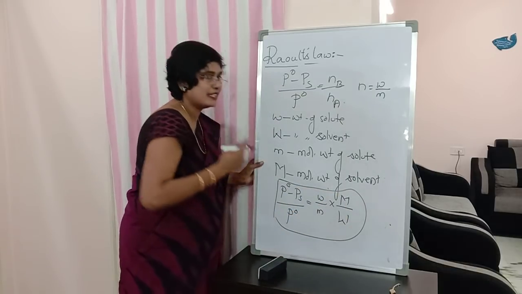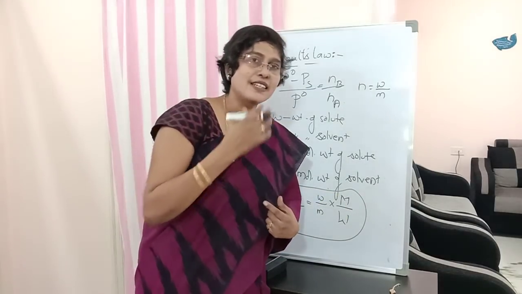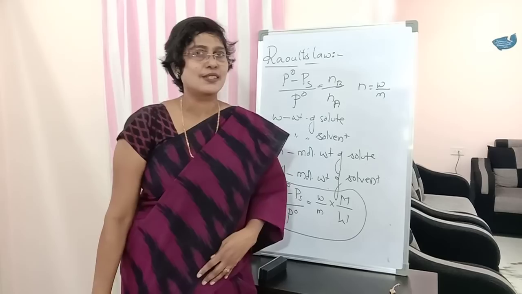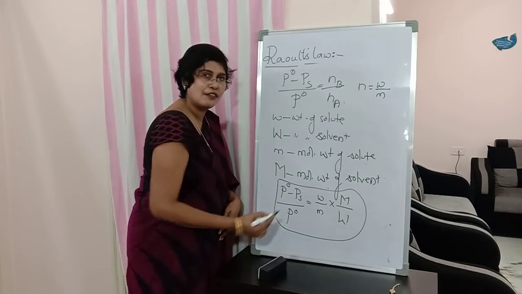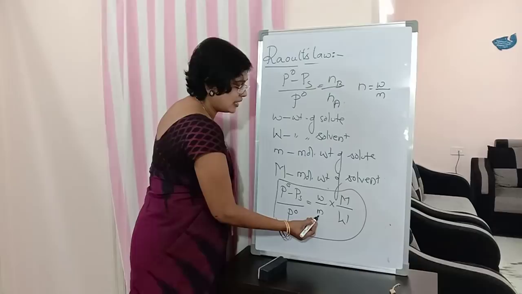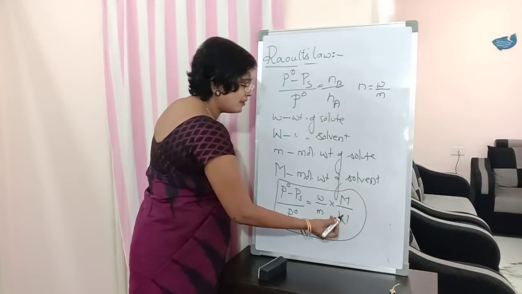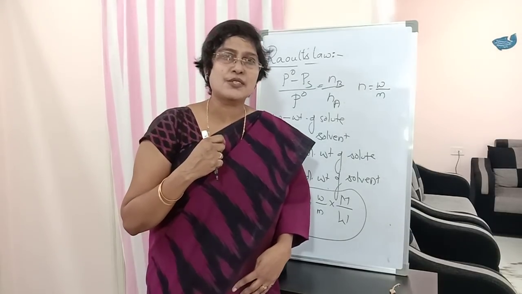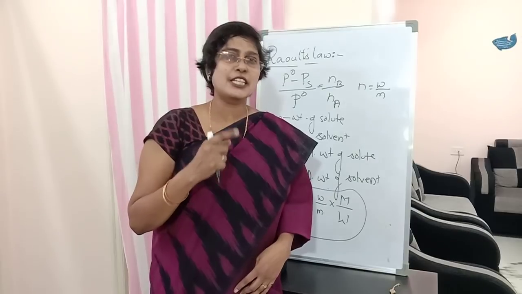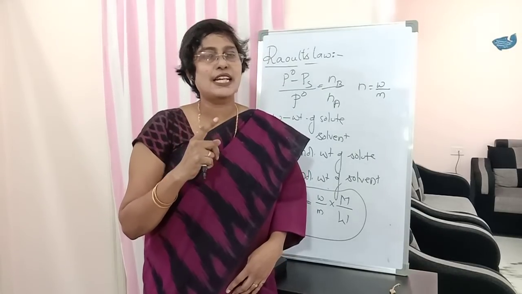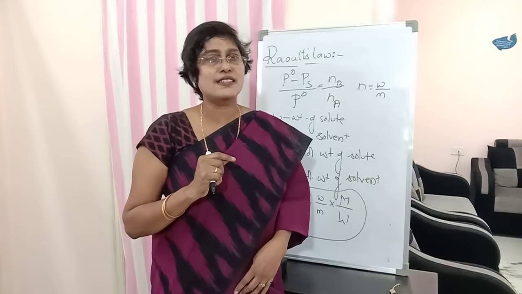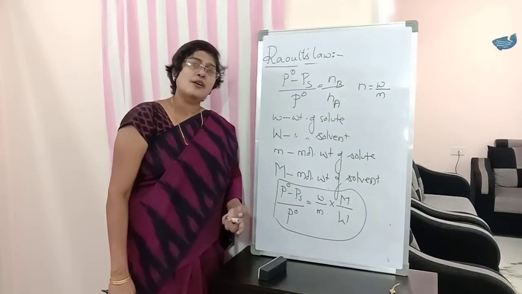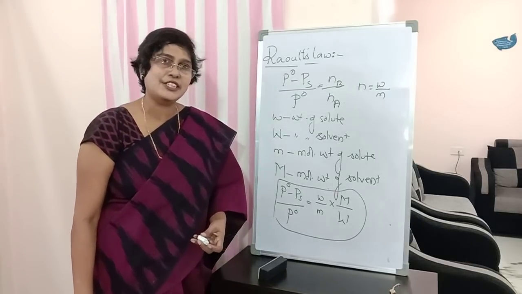By this time I think you have also learned how this expression we could derive from Raoult's law, students. So this is the relative lowering of vapor pressure, weight of solute, molecular weight of solute, molecular weight of solvent and weight of the solvent. So what is the main purpose of the colligative property, students? I told you in the last class, even in the middle of the night if you wake up, you should remember this point. It is nothing but to determine the molecular weight of a non-volatile solute, we use colligative property.